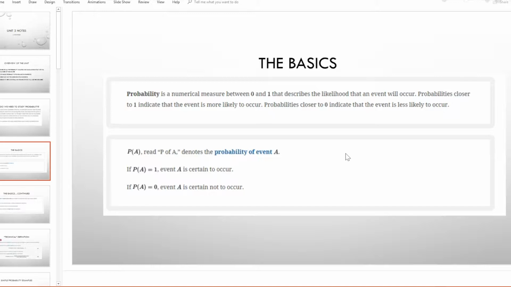So that's kind of intuitive. That's because 1 stands for 100%. So if there's a 100% chance of something happening, that means it's guaranteed to happen. That's why I said, what is the probability that you're all in school right now? You are all literally here right now, so the probability of that is 1. Right? So if something is guaranteed to happen, like you're going to breathe oxygen today,